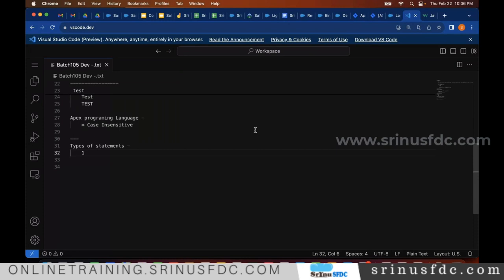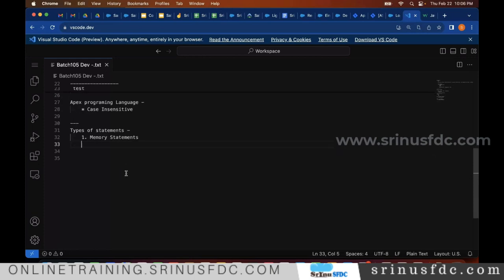We have the first thing, memory statements. No need to learn this by heart. Just know the concept. So later on, even though you don't remember this type of statements, it's okay. Okay. So yeah, memory statements, and the next thing,